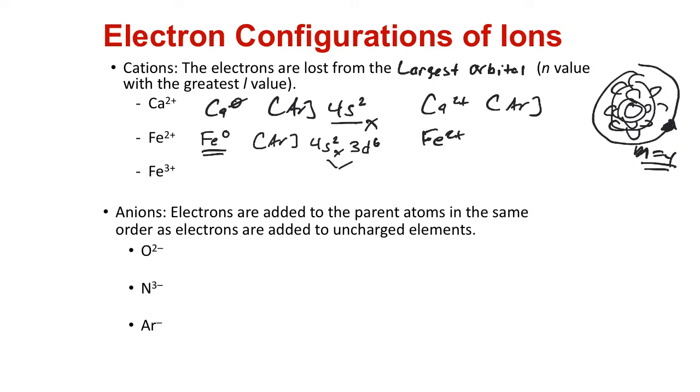This is not the anomaly. This isn't some weird case. This is what we expect to find every time for an atom like iron: its configuration would be 3d6. So iron 2+, 3d6. Then if we need to lose a third electron off of iron, then we go to